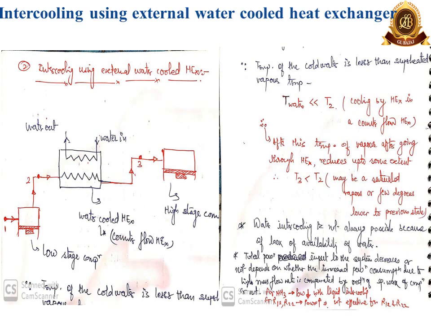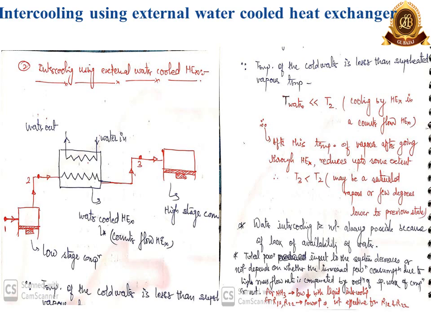The slide shows the intercooling with external water-cooled heat exchanger. The schematic diagram of the same is represented on the left-hand side, which shows a low-stage compressor, a heat exchanger, which is a counterflow heat exchanger, and a high-stage compressor. The state 1 is the vapor state of the refrigerant, which enters the low-stage compressor, compressed up to a desired pressure level as per the design of the compressor, which reaches state 2, and state 2 is of a